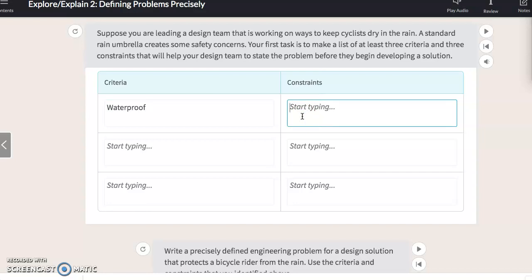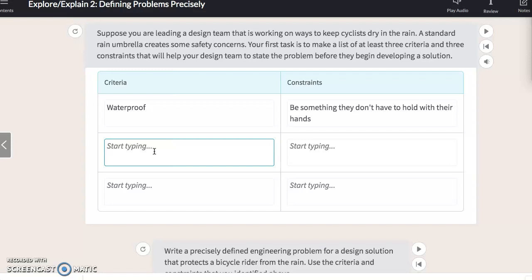So a constraint is that it has to be something they don't have to hold with their hands. It has to be waterproof. It has to stay